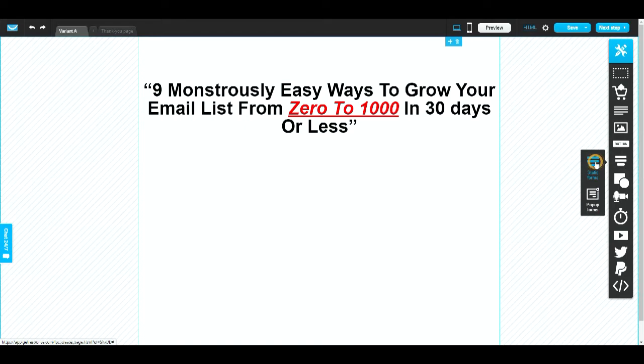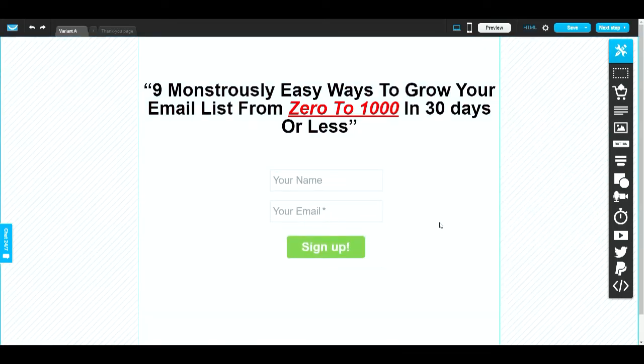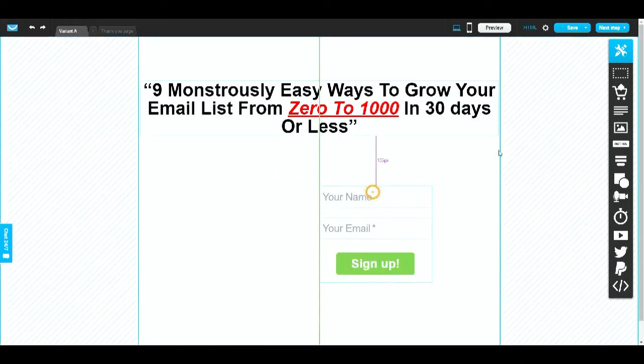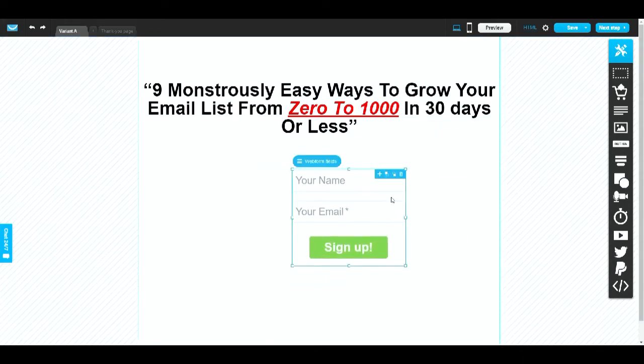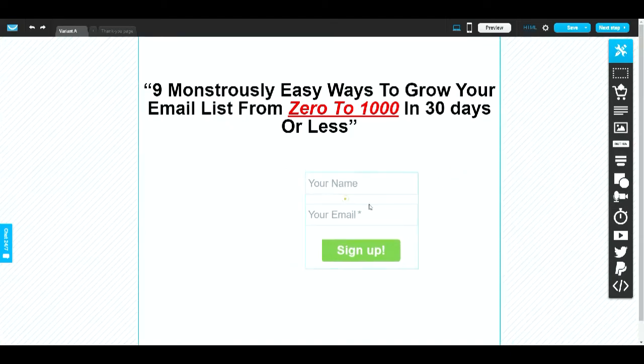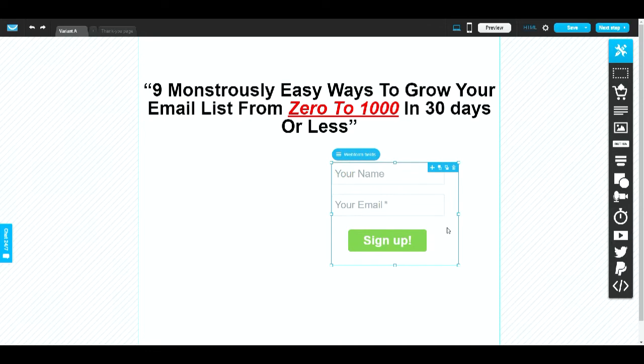So we want to grab one of these and drag it over onto our page. Now again, it's dead simple. You can do whatever you want with this. You can move it to wherever you want on this page. I'm going to add an image next to this, so I will leave it roughly here, and there's a few things we need to add to this